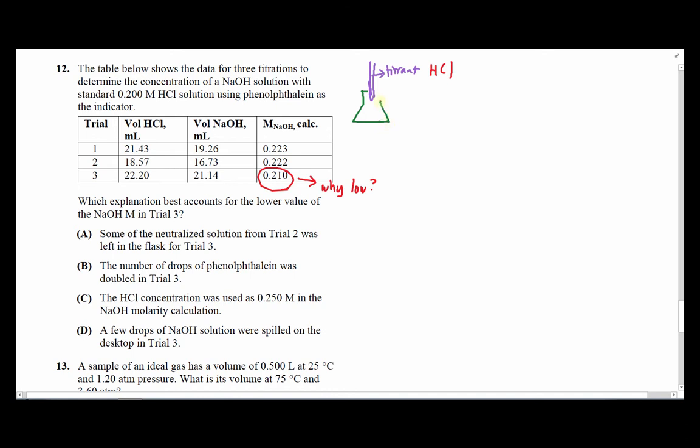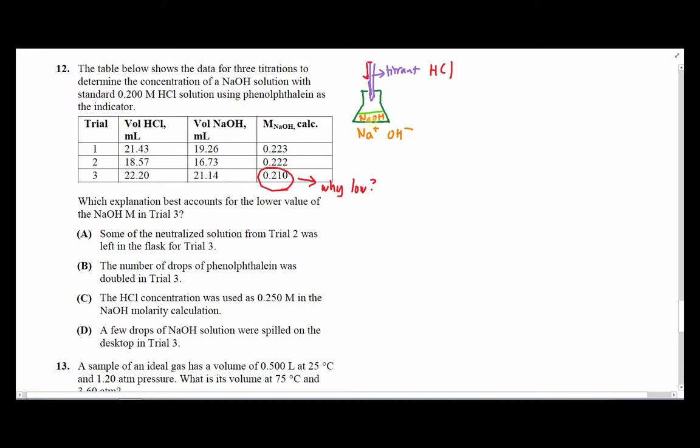Okay, just rough draft, and in the solution we have NaOH. Okay, so in aqueous solutions you expect this to be dissolved Na plus and OH minus, and as you drip this down, our volume of hydrochloric acid will decrease over time, and then at one point the color of our